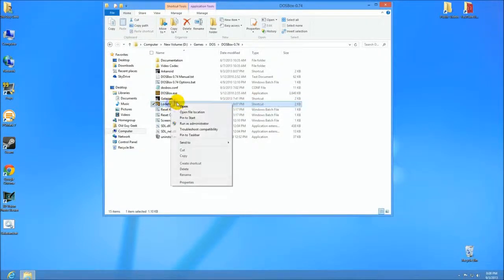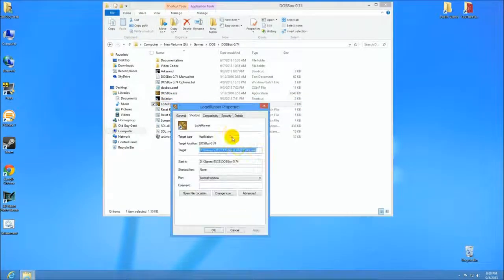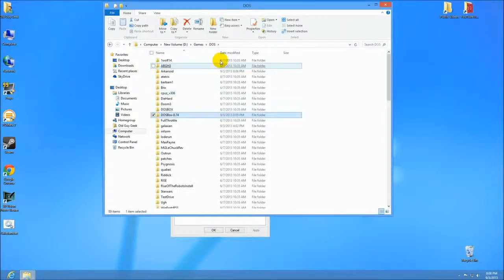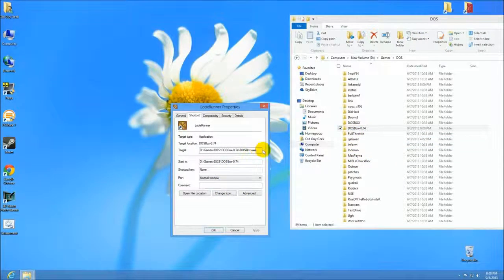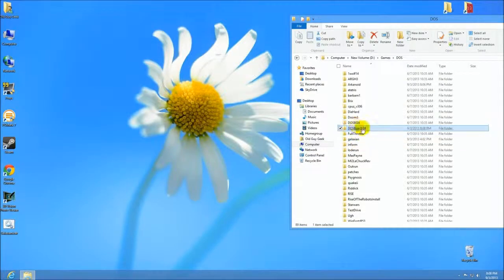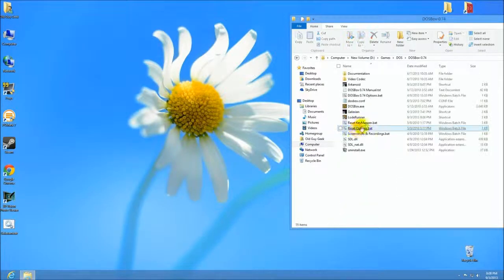Now this is what's going to appear on our start menu when we get finished with this. So we're going to right click and say Properties. I'm going to go over here and I'm going to add again the -C command just like we talked about before. If I go back to the Lode Runner directory, it's Lode Run. So the first thing I want to do is put a -C, and I'm going to go ahead and change the directory to Lode Runner. So it's going to be CD, and then Lode Runner LR, and we'll go ahead and run that and see